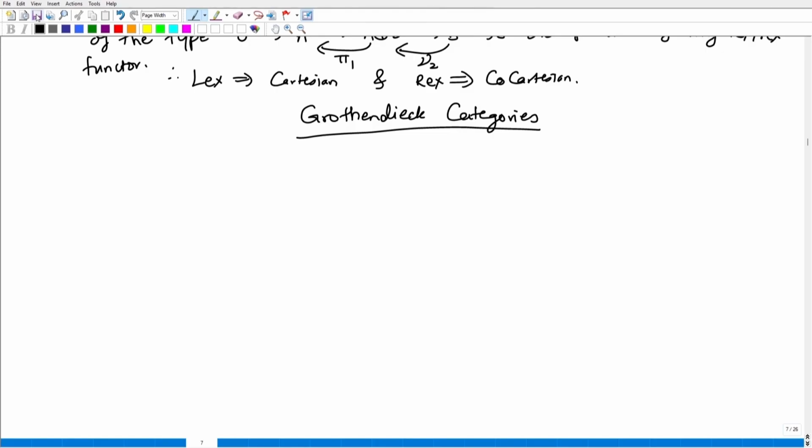Abelian, okay. So, Grothendieck category, the first one is that, yes, very smart answer, Grothendieck abelian categories are abelian categories. An abelian category A is a Grothendieck category